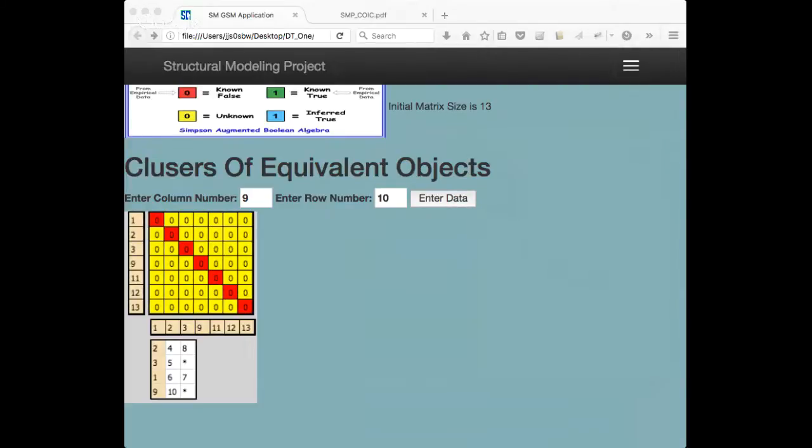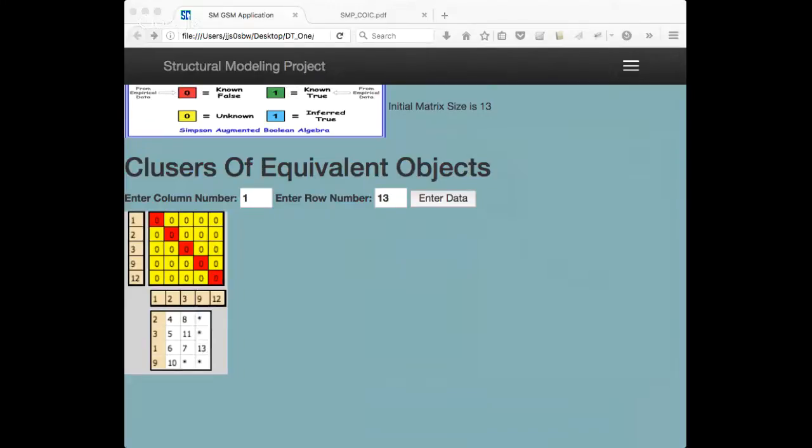through. So we have 3 and 11. Makes it smaller. We have 12 and 13 left. We know that 1, 2, 3, and 9 are our groups so far. Then we have a 1 and a 13, so we enter that. And then we have a 9 and a 12, and we enter that. So now we have 4 clusters,